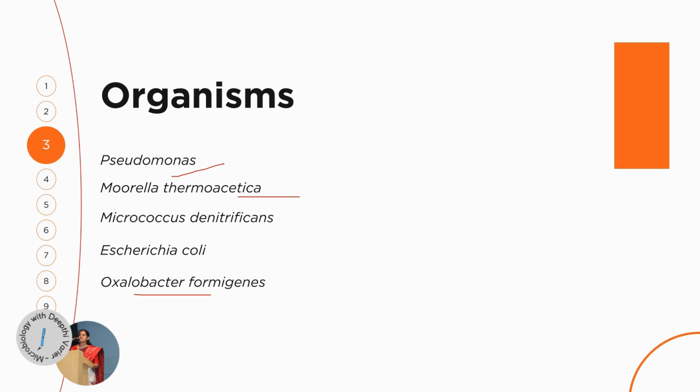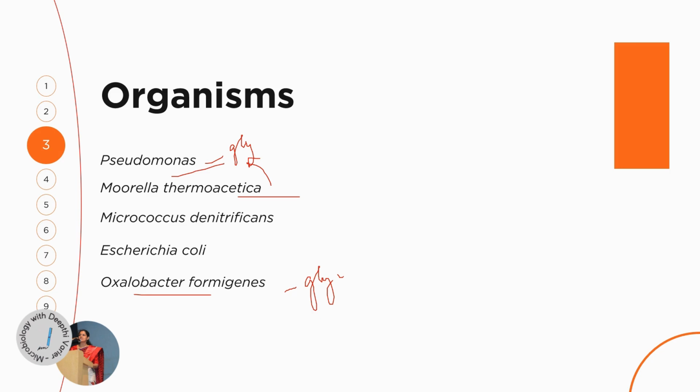What I'm trying to tell you here is that these organisms which are listed over here don't follow the same pathway, but their main aim is to break down or to catabolize glyoxylate. So Pseudomonas would show you the glycerate pathway. We have Moorella also, which shows us the glycerate pathway. There's Oxalobacter, which shows the glycerate pathway. Then we have